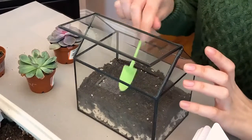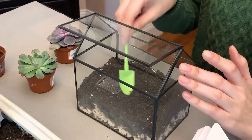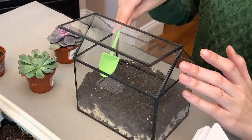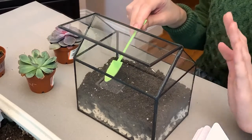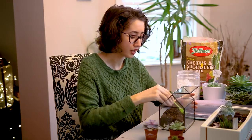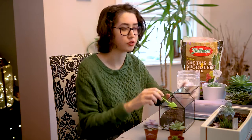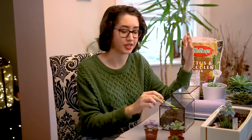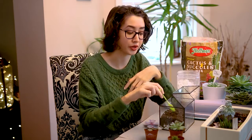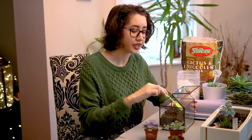Fun fact, the first plant that I got for myself was a succulent and they are still around right now. Some of them are going through it. They are really struggling, but I do love succulents the most as a plant to have because you could see the different changes that the succulents go through. You could see them growing new succulents onto themselves. You could see them losing leaves. They're like a plant that you could just